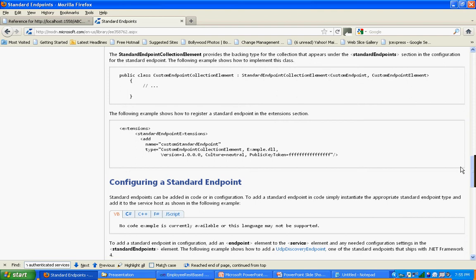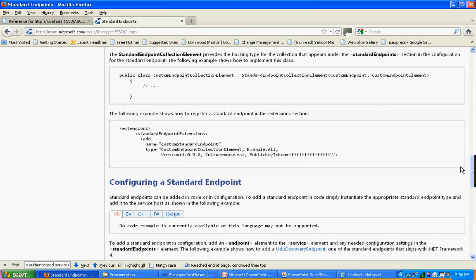That means different types of bindings have a few configurations that never change. So they came up with a concept called standard endpoints. They defined endpoints for certain types of endpoints with default values, so you don't need to specify all these values repeatedly for all your endpoint configurations.